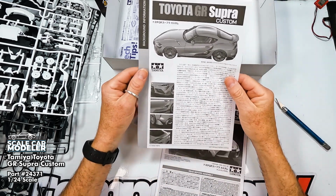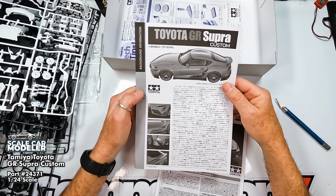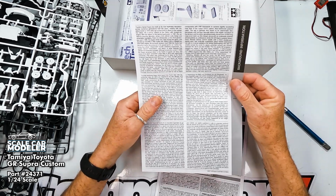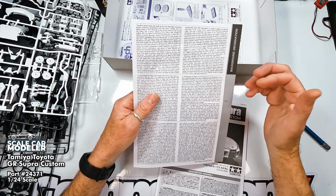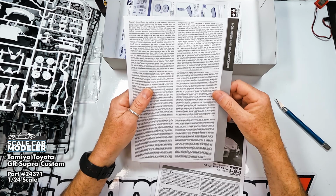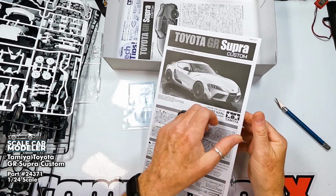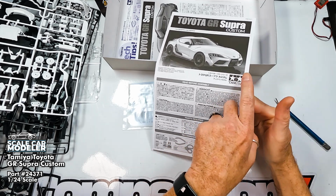The next paperwork is Toyota GR Supra Custom, all in Japanese. Oh, wait. There's your English, and this might be German, and maybe French. So a little bit of background information on the Supra itself. I'll have that in the review on the Scale Car Modeler website. Then the detailed manual of all your paints required, your tools required,